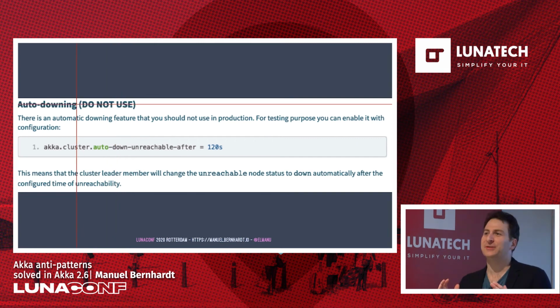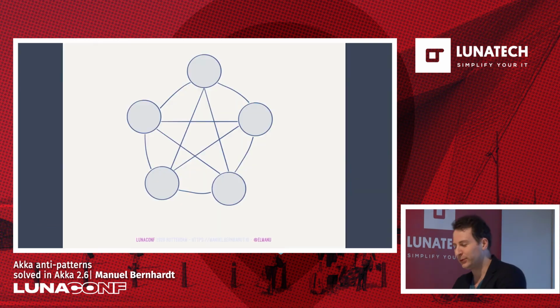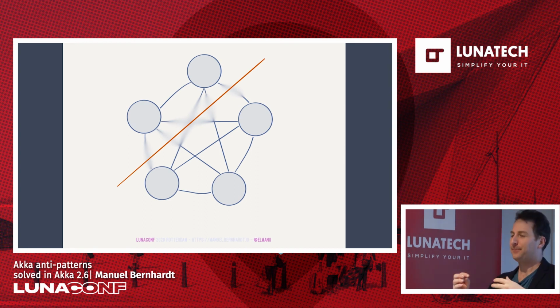And for some reason, I don't know why, people tended to ignore that flag, and there is even, I didn't screenshot it, a big red box below this part of the document saying, don't use this in production, it's not gonna work, etc. And what does this do? This is a very naive algorithm. Here you have your Akka cluster, it's a pentagram as it should be, and here you have a network partition. And then if you use auto-downing, what's going to happen is